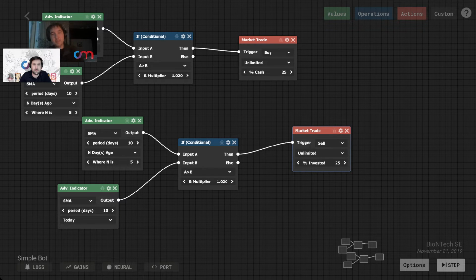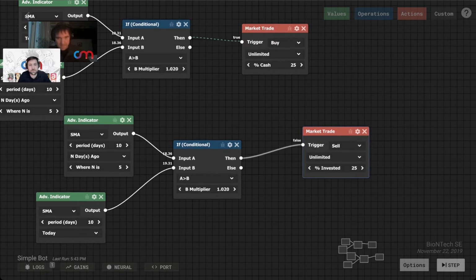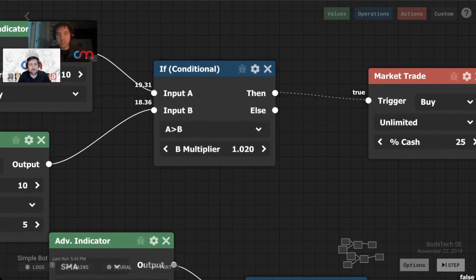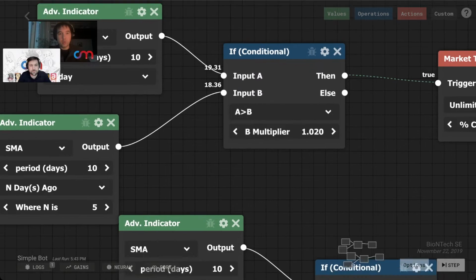It's exactly the same thing that we did with our simple bot, but now we see it working with our advanced bots. So let's go ahead and, instead of stepping ahead once, part of debugging this, as we step ahead, we see what the values were for this day. So we just simulated November 22nd, and on November 22nd, the simple moving average was 19.31.